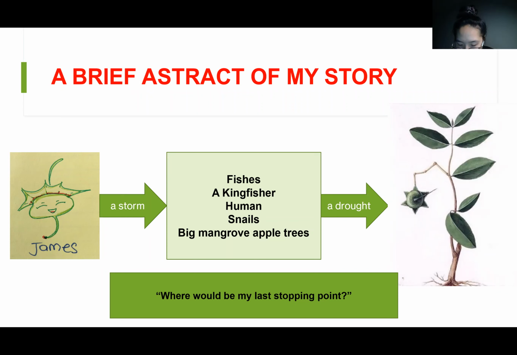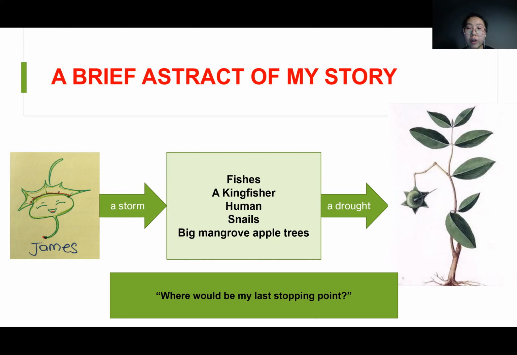I determined that there are two main conflicts in my comic. First of all, it's about separation, because James moves over a really long distance. He meets a lot of friends and it's always hard for him to say goodbye to someone. And second of all, I want to